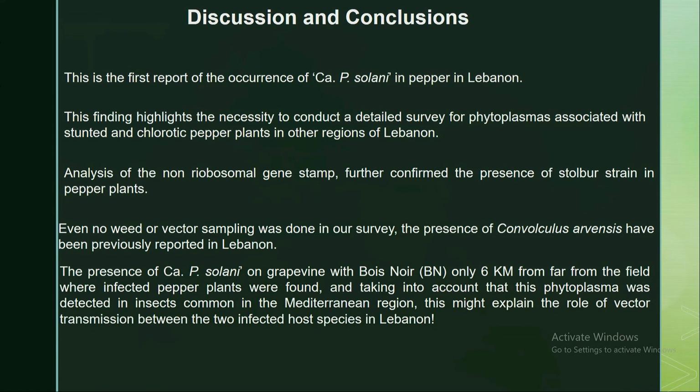And even no weed or vector sampling was done in our survey. The presence of Convolvulus arvensis has been previously reported. So the presence of Candidatus Phytoplasma solani on grapevine, only 6 kilometers far from the field where infected pepper were found, and taking into account also that this phytoplasma is detected in insects and is common in the Mediterranean region, this can lead to further analysis on the role of the vector in the transmission between the two